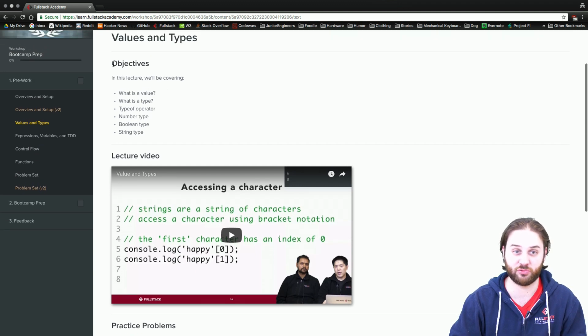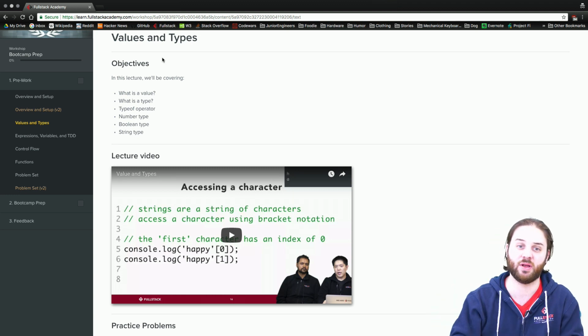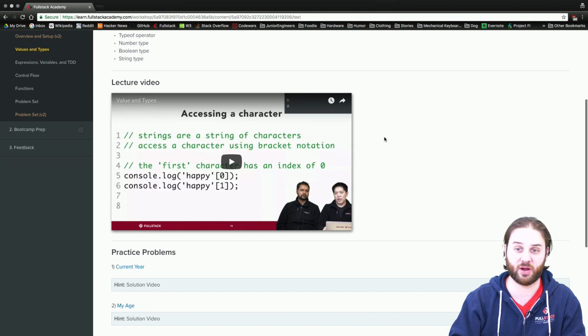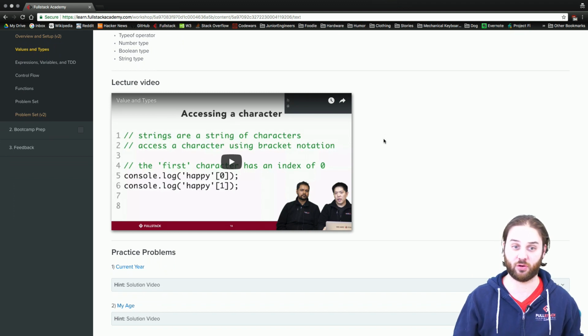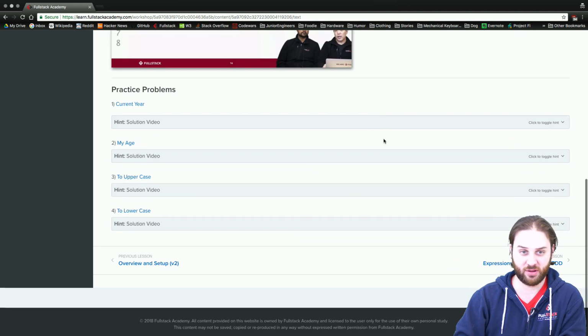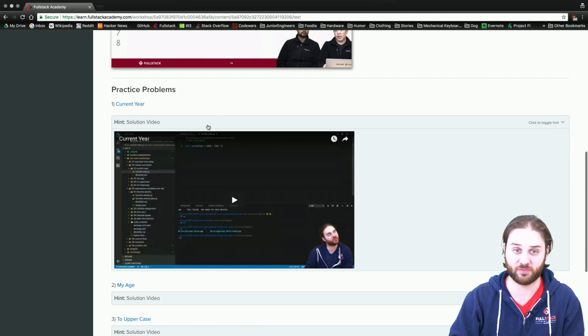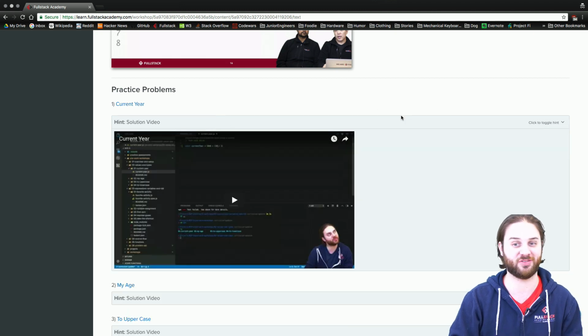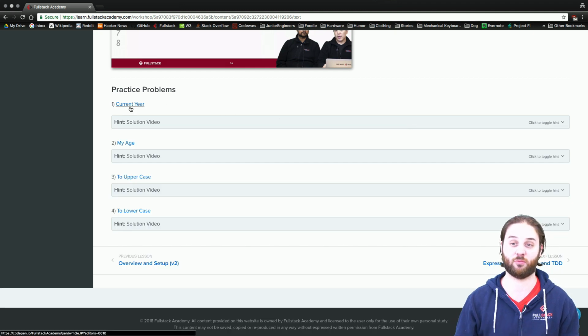At the top, we see objectives, which is just a summary of the things we'll be covering throughout the workshop. Then we see the lecture video by David and Nimit. This is what you'll watch before you attempt to solve any of these practice problems. At the very bottom of the page, we can see the actual problems. I, of course, have a solution for each one that you should not watch until you've given it an honest go, but we can also click on these to open up one of the environments that we'll be coding in,